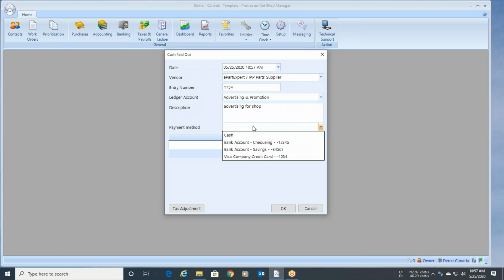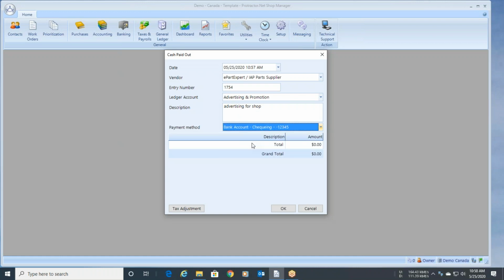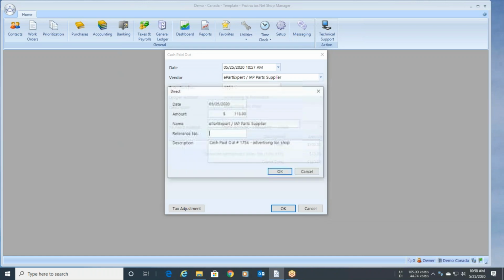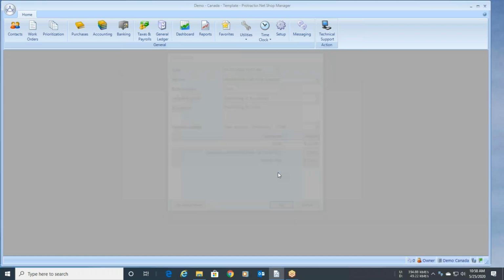And how am I paying for it? And we'll just say we're using the checking account and it's a direct online payment and how much it is. Tab adds the tax. Again, tax is adjustable. Now again, this is Canadian. And I pay it. So once this is paid and I'm finished with this transaction,